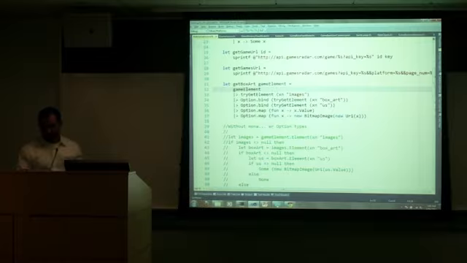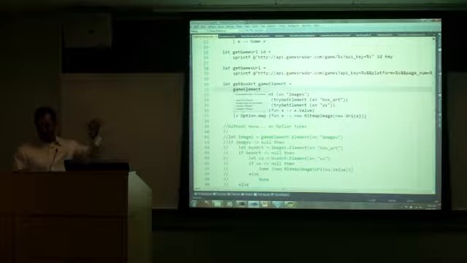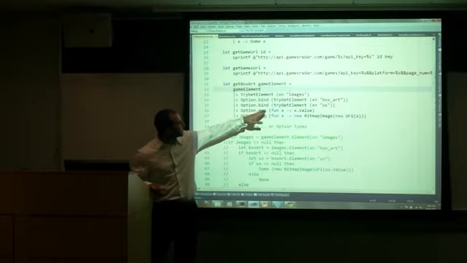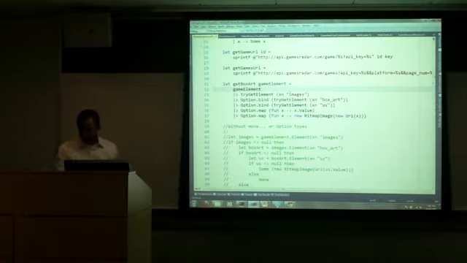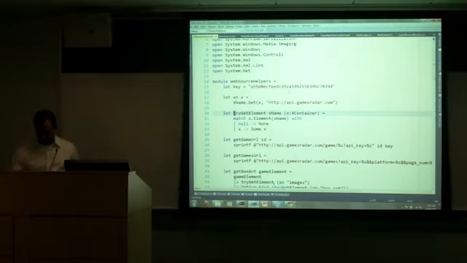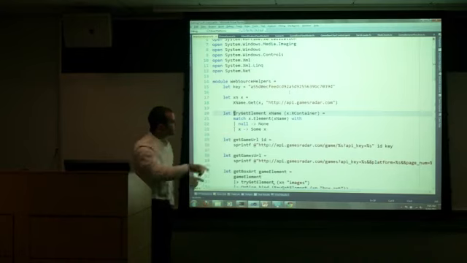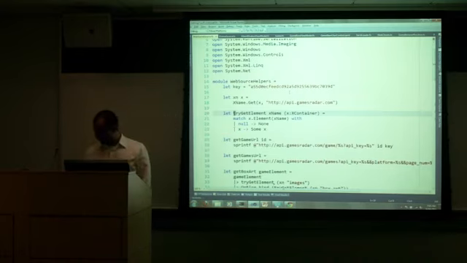And the first thing I need to do is take this element and try to get the images element out of that. And what this tryGetElement does is